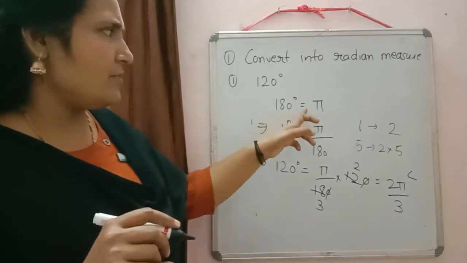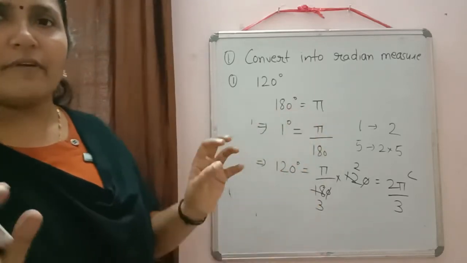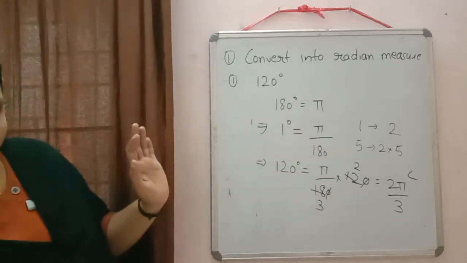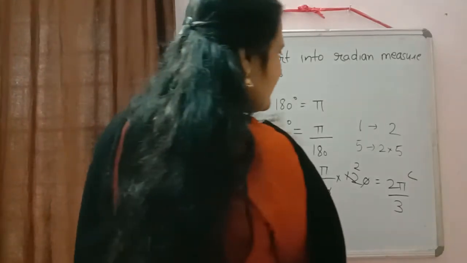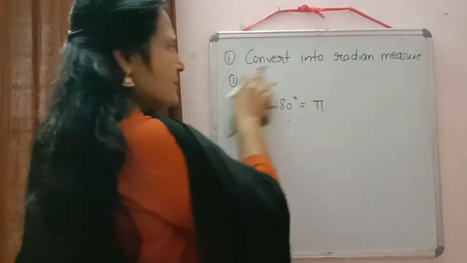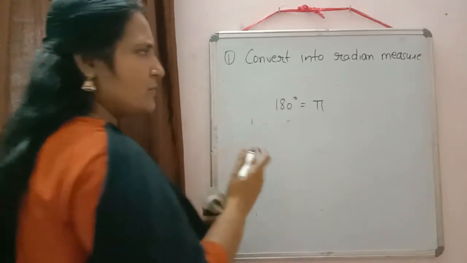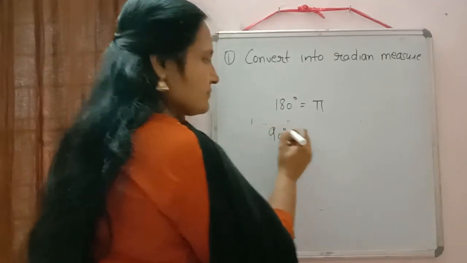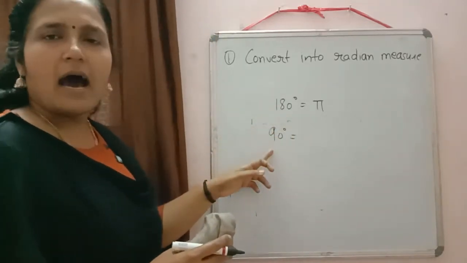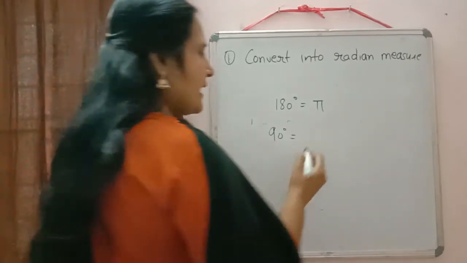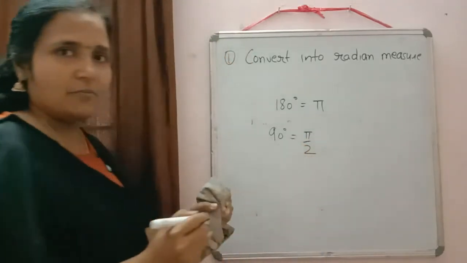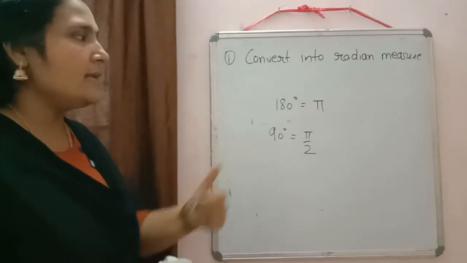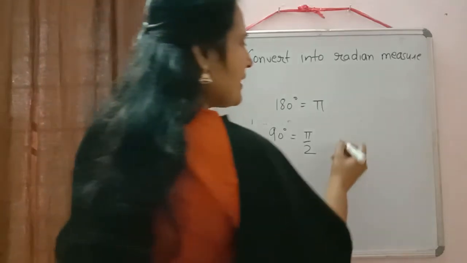And it is easy for you: 180 degree is equal to pi. So whenever you see 180 degree, just write down that it is equal to pi. If you know this one, any other angle you can calculate. Now this one I have explained, just simple. Some simple questions we can do. If 180 degree is equal to pi, then what will be 90 degree? 90 is half of 180 degree. So obviously 90 will be equal to pi by 2, because now all the angles we will do in terms of pi only. So 90 degree is equal to pi by 2. How will we represent 60 degree?